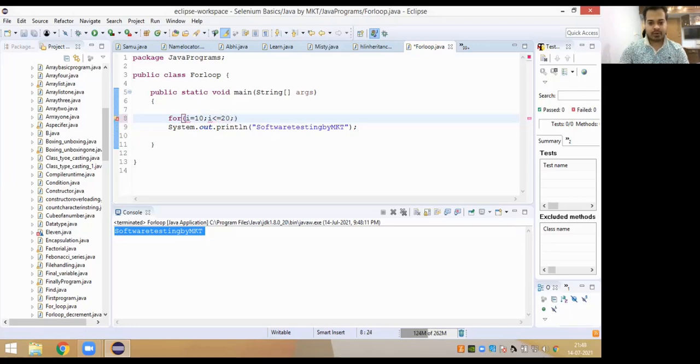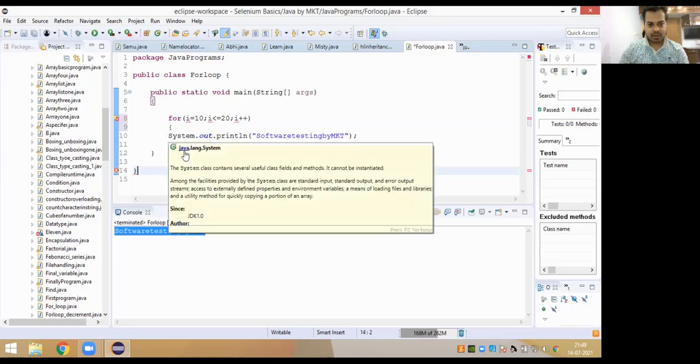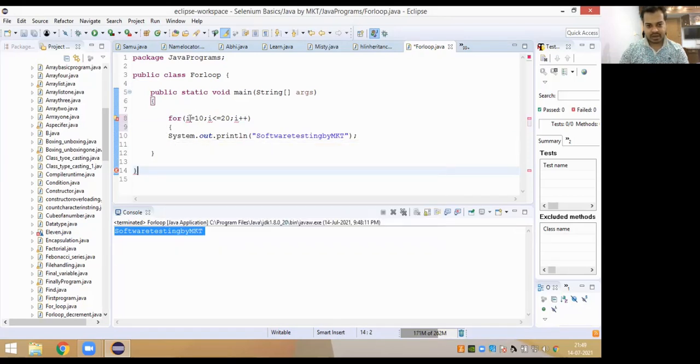And then I want every loop the value of i to increase, and that is why I have this. And then I can start my for loop and end my for loop. The only mistake is here, as I told you, whenever you are initializing and declaring any variable in Java, you